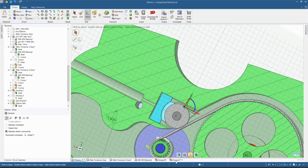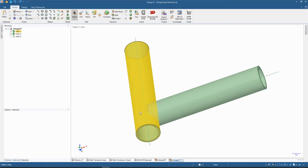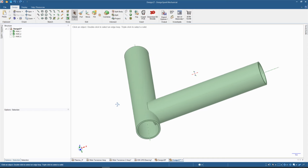This same process can also be used for notching pipe. To me, this is probably the neatest use of this feature. I build a lot of stuff out of pipe, and sometimes it's really hard to visualize how you need to notch two pieces of pipe to make them fit together. And using this same trick makes it super easy. So here I have two pieces of pipe coming together at a 90-degree angle, and all I need to do to notch one pipe is to again go up to the combine tool,